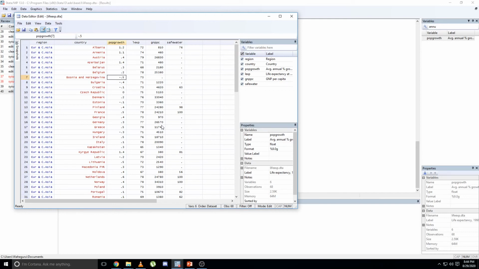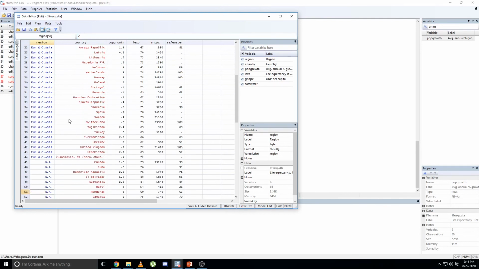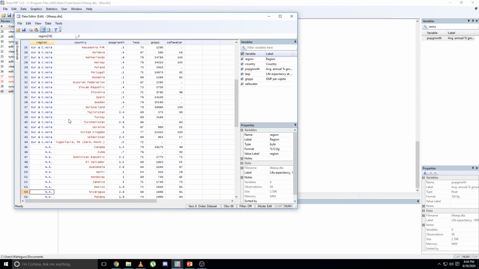Lastly, the blue color over here is interesting. You can see that it says Europe and Central Asia. That is what it says in the text, but when you click on it, it says 1. If you scroll down to North America, it says 2.